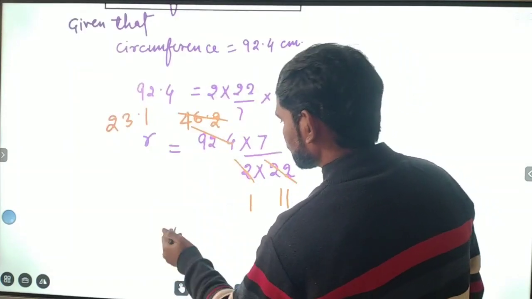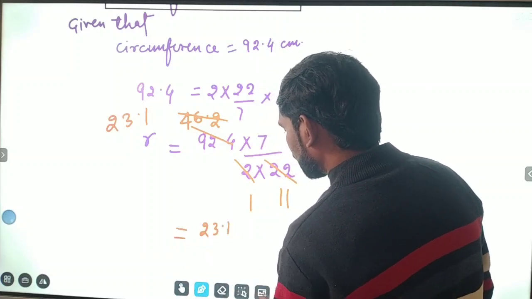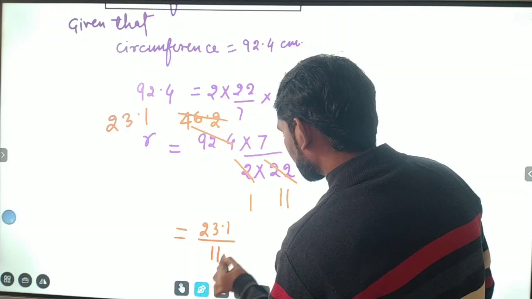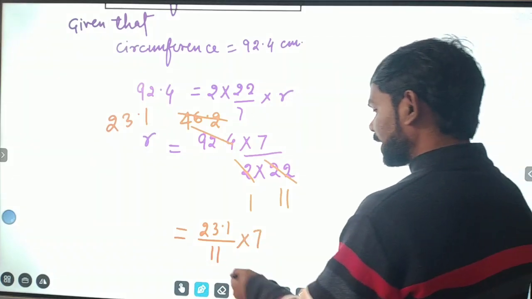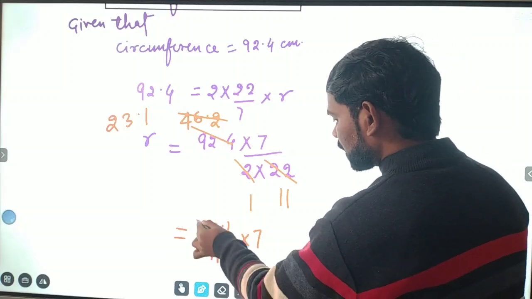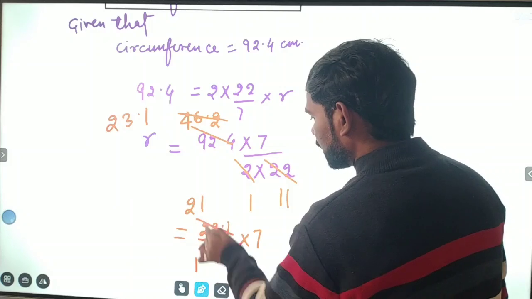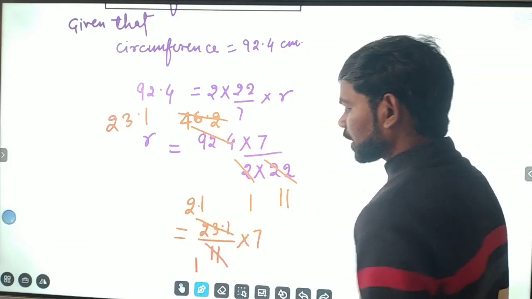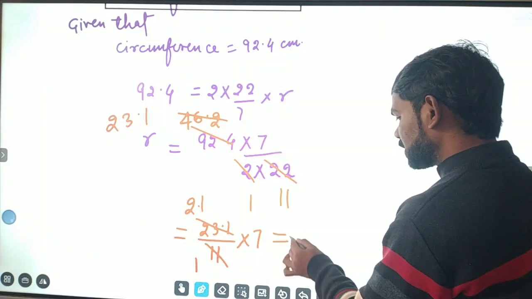So we get 23.1 upon 11 into 7. Clear? Again divide 23.1 by 11. We get 11 1s are 11, 11 2s are 22 and 11 1s are 11. So we get 2.1 after the simplification, and this implies